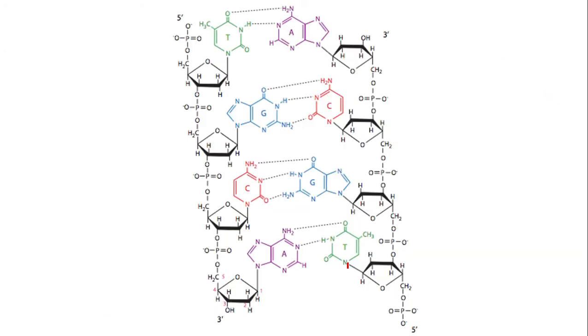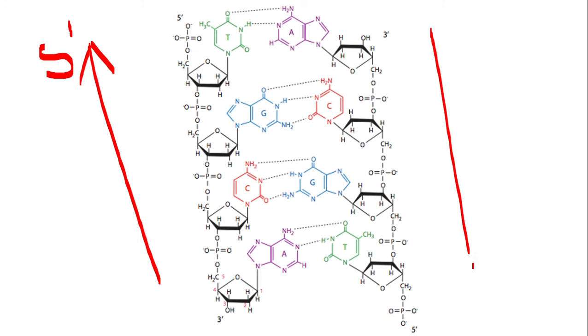Same picture. Here again is the molecular diagram, with atomic structures given in detail. You should learn this. You will have to draw this figure. You see all the sugars are in this direction, while on the other strand all the sugars are in the opposite direction. The strands are anti-parallel. We may draw it like this here. This is the 5' end of all the sugars on that strand, while on this strand it is in the opposite direction. This is what we mean by saying that the two strands are anti-parallel.